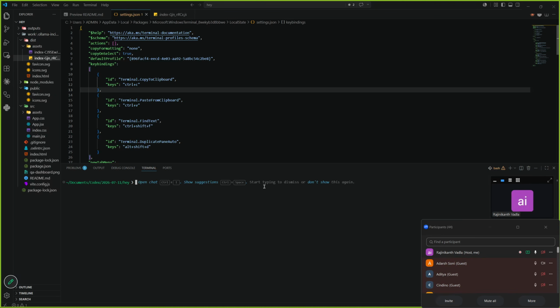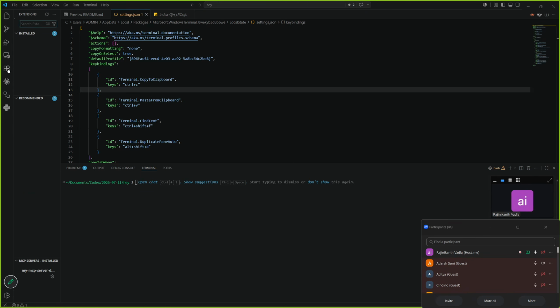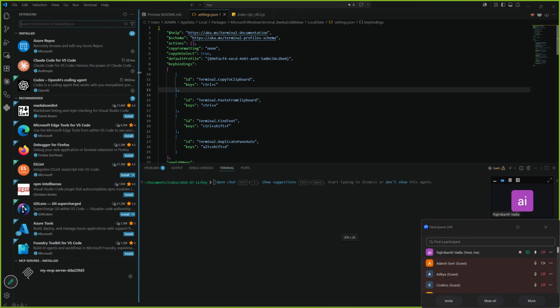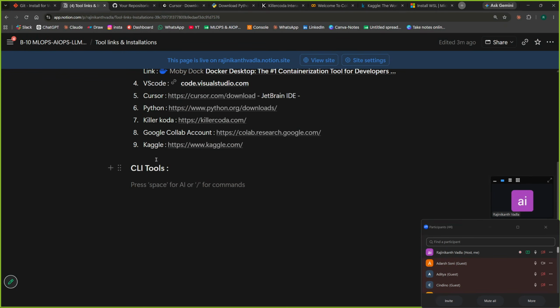Once I install VS Code, go to the Extensions section on the left side and install all the extensions which I'm going to list here, sir. It's mandatory because it will save your energy. VS Code extensions.